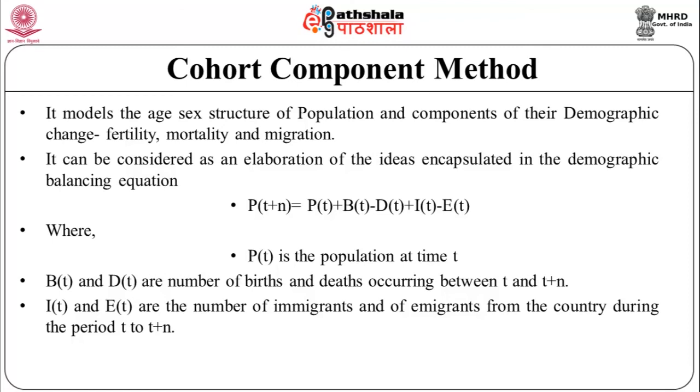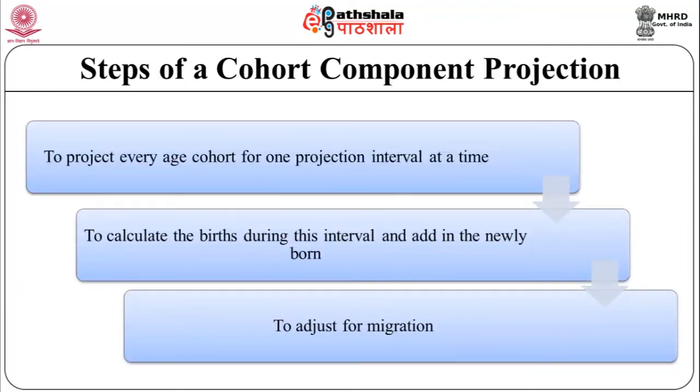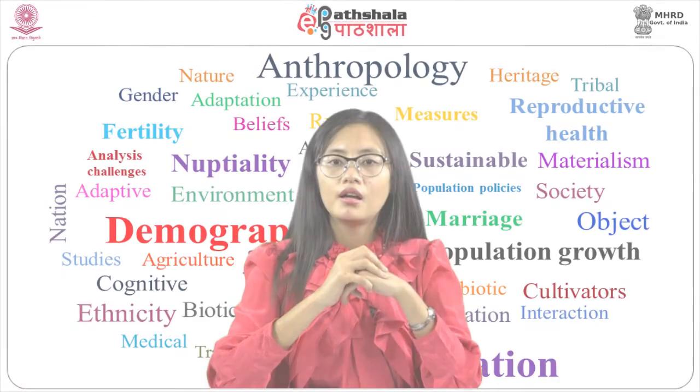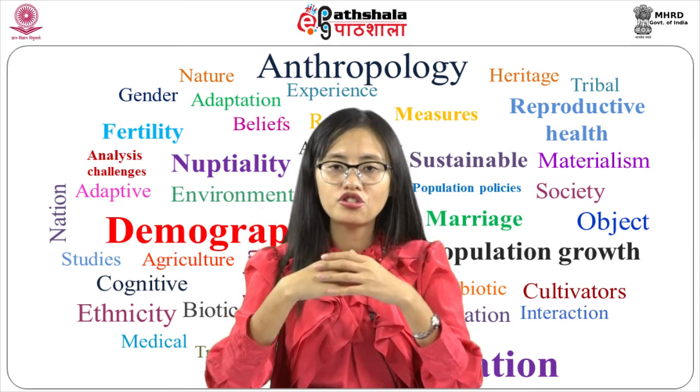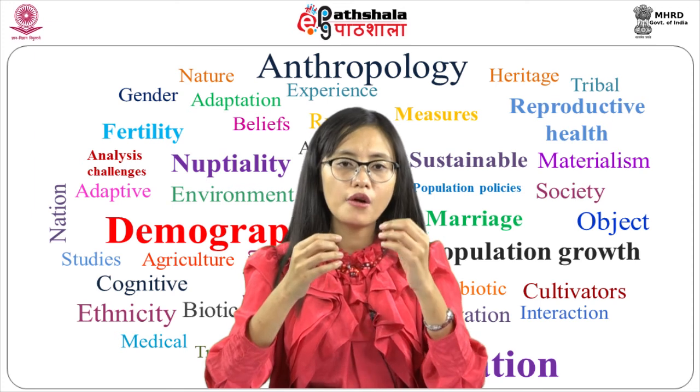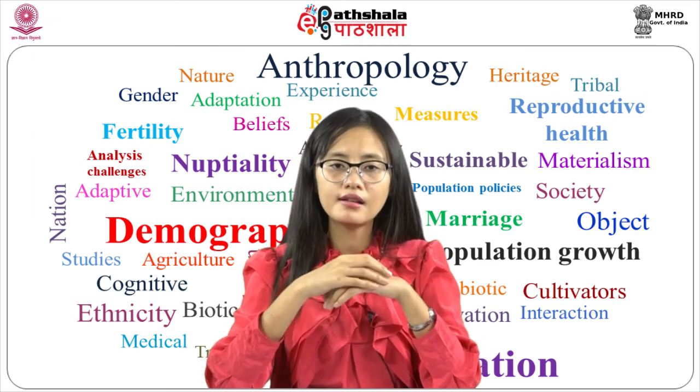There are two possible ways of joining a population. One is by being born into it, and the other is by migrating into it. Similarly, the only ways to leave a population are to emigrate or to die. Well, this figure shows the steps of a cohort component projection. Now, in order to carry out a cohort component projection, detailed assumptions of the size and structure of the baseline population have